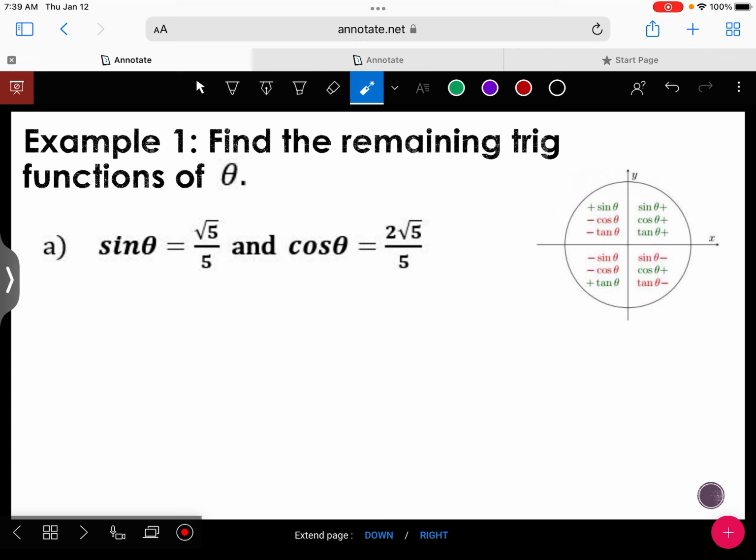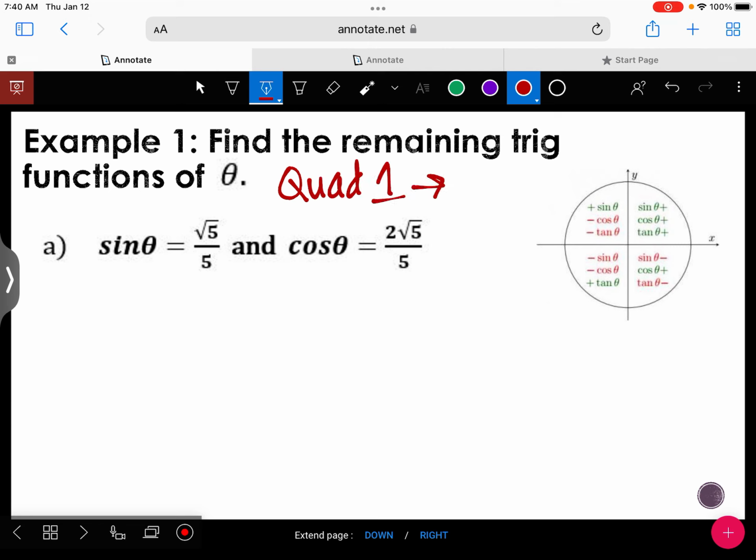And the first thing we need to figure out is what quadrant we're in. So what quadrant do you think we are in? Are we in quadrant 1, 2, 3, or 4? Let's look at our answers. Is this positive or negative, this fraction here? Positive. And what about this one? So what's the only quadrant where sine and cosine are positive? Quadrant what? 1. So we know we're in quadrant 1,